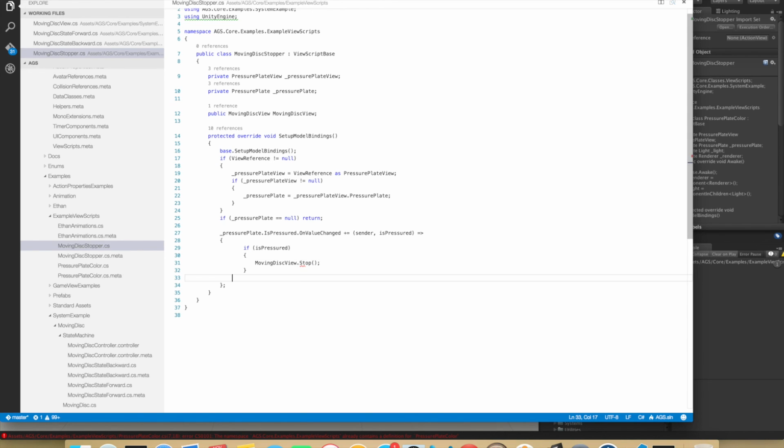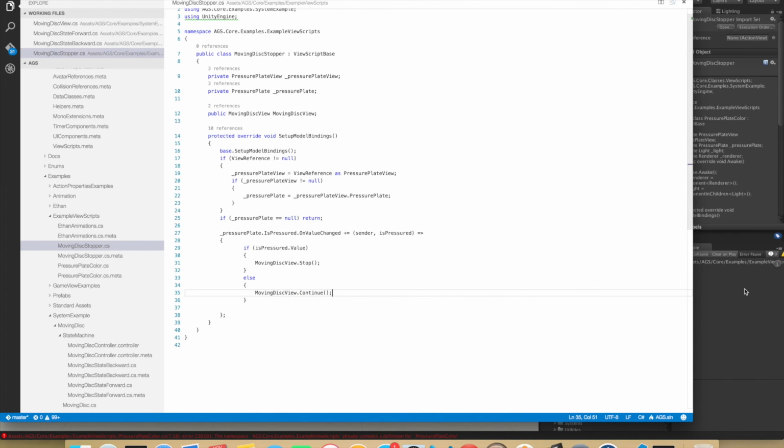Otherwise we'll do, if is pressured dot value, else we do moving disc view dot continue,